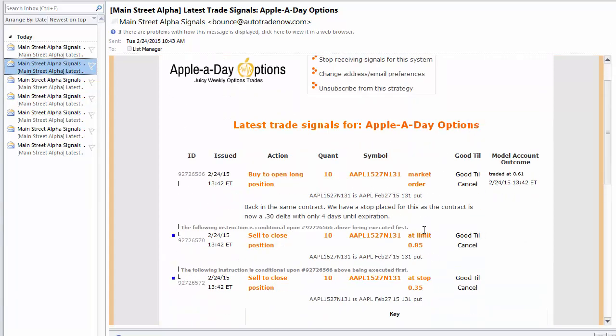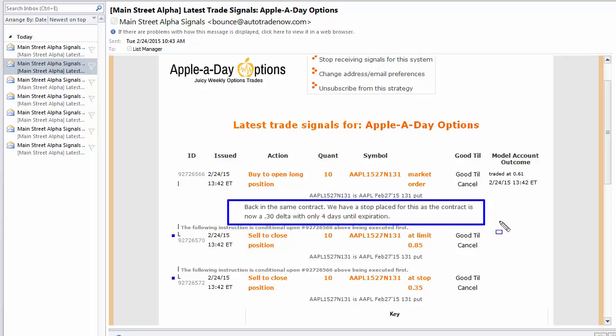And now here's one that's juicy, got a lot going on. So let me first point out the little comment here, so you'll see that I or other trade managers will make some comments from time to time. This is an order that actually has the initial buy and the targets and the stops all in one notification. So you read it top to bottom. Buy to open 10 of the Apple same contract that all these series have been on, again back at 61 cents. So you can see the market was kind of moving around here,